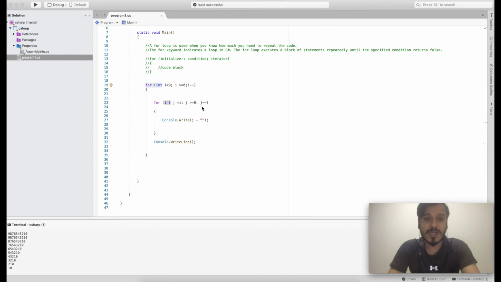Once this has been done, we come to the i loop, and now the value of i, we remember it was 9, is decremented to 8. It will come here again, and because i is 8, still greater than 0, it will print all the numbers again until the value of i is no longer greater than or equal to 0. It will keep on running all the loops. Once this loop is exhausted for every i value, it will come out and print something like this. So this is how we can use a nested for loop.